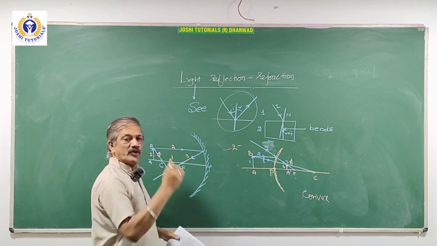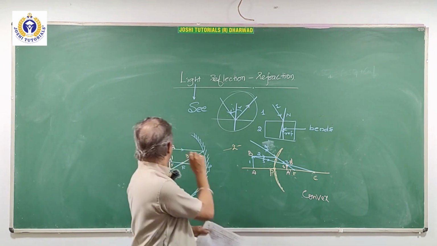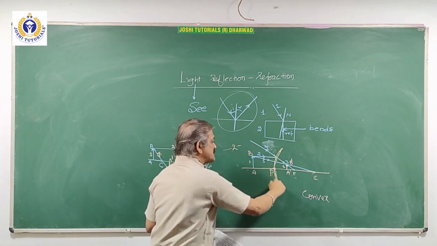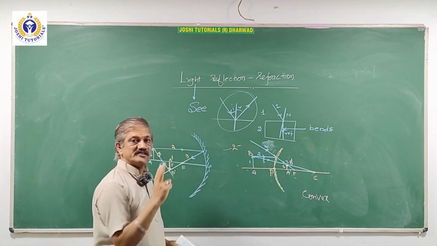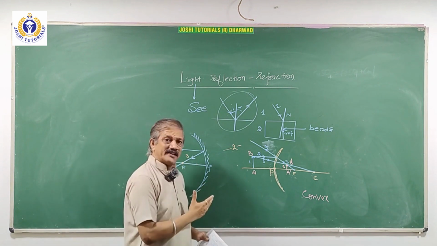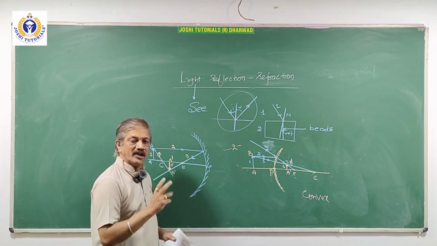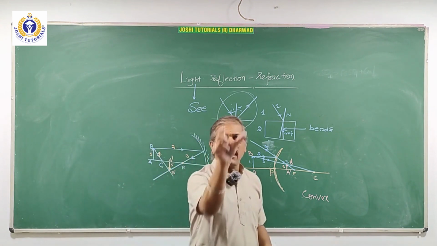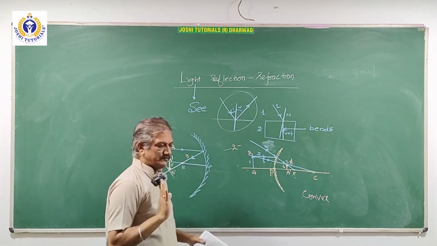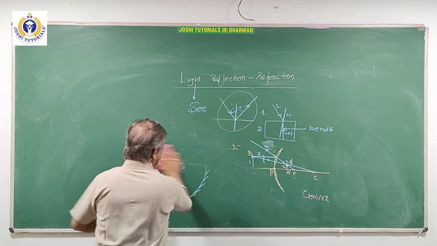In this way, you can write differences between concave mirror and convex mirror. They may ask. It is not there in the textbook, but you can. Like this, you can bifurcate. When they ask differences, you write columns. Now I am telling you from the examination point of view. In the same manner, after this,